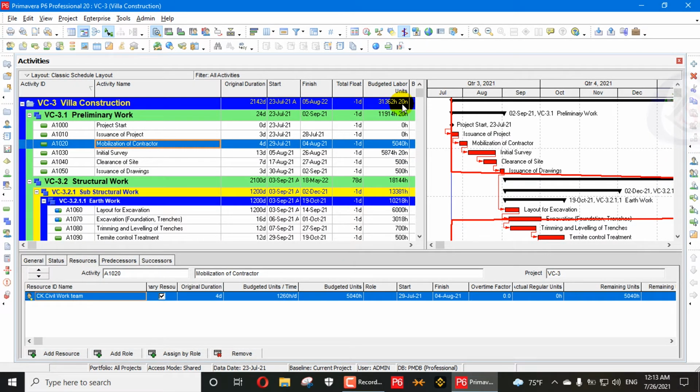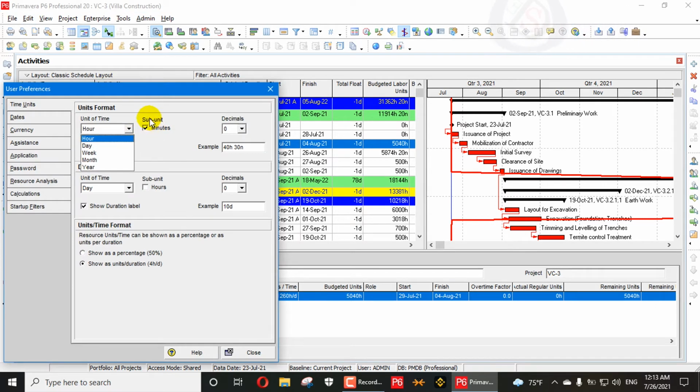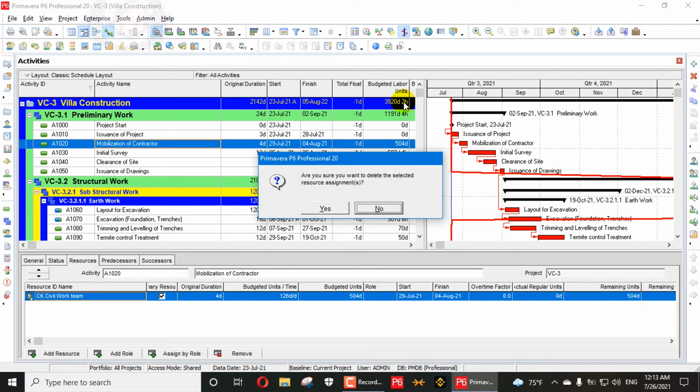If there is a minute, you can see 20 minutes. So if there are minutes, you can show them from this option. We can think that minutes will not always appear. If we apply day, then the hour will be shown here. If we apply week, then the days will be shown here. It is the subunit of that one, so you can also show that. For example, apply day, so days and hours you can see here.